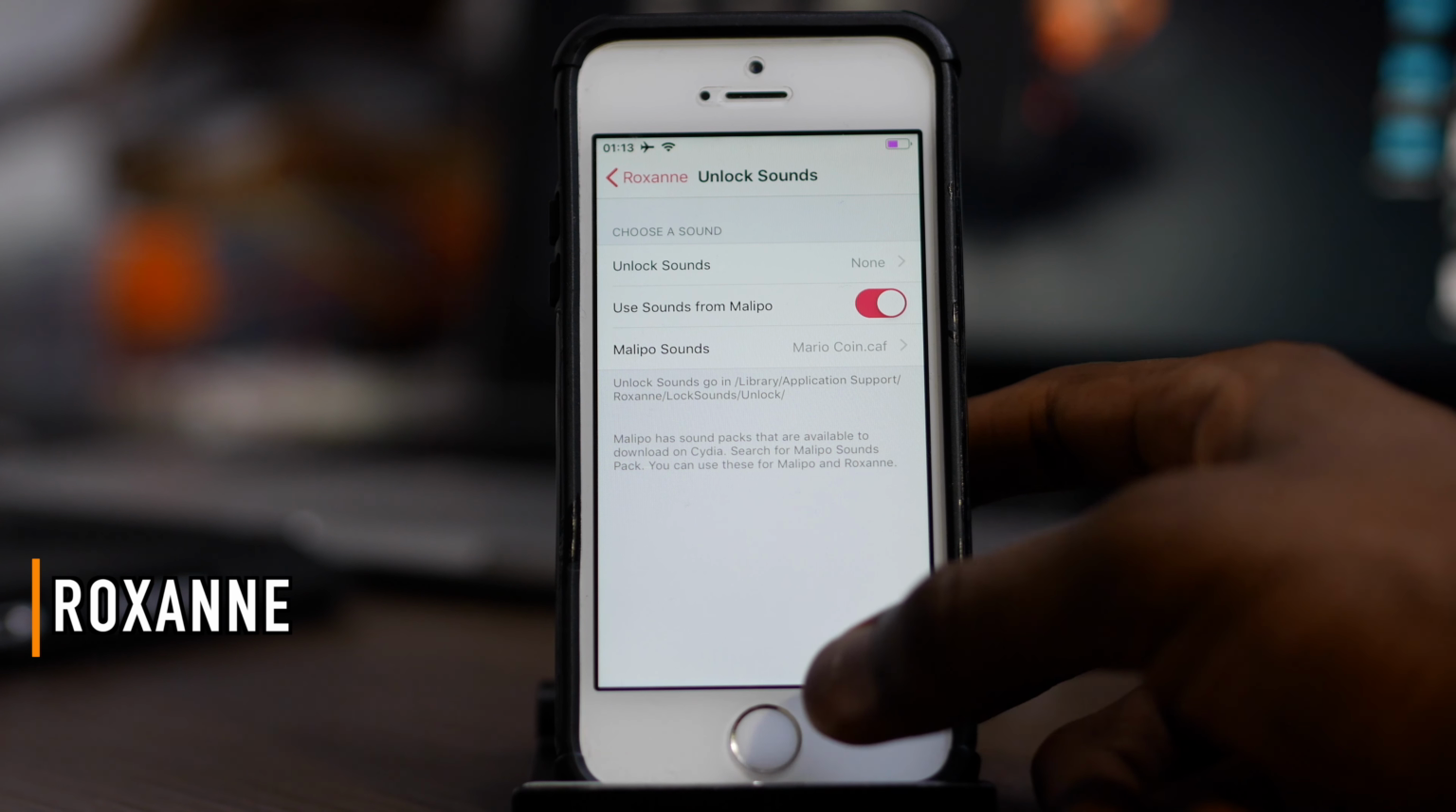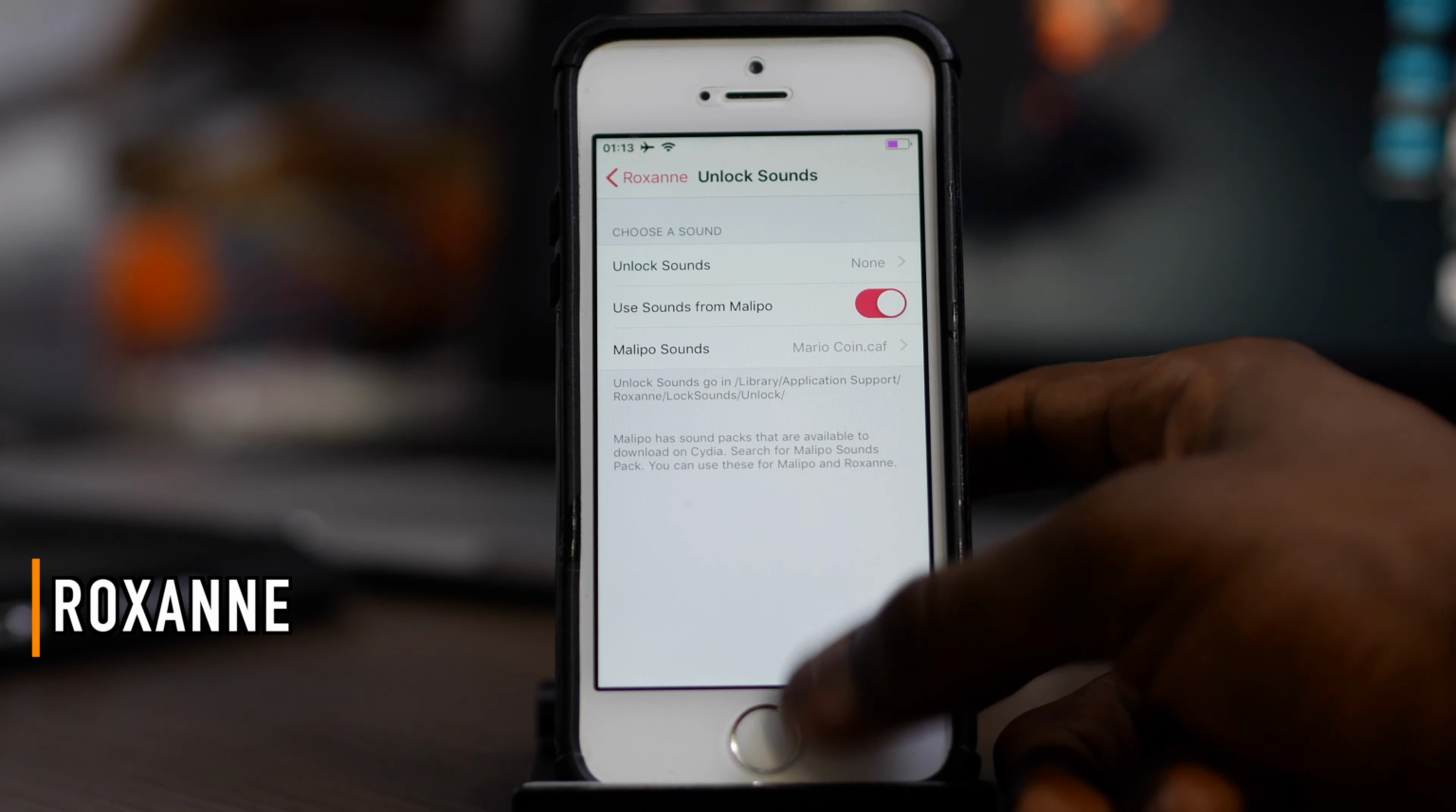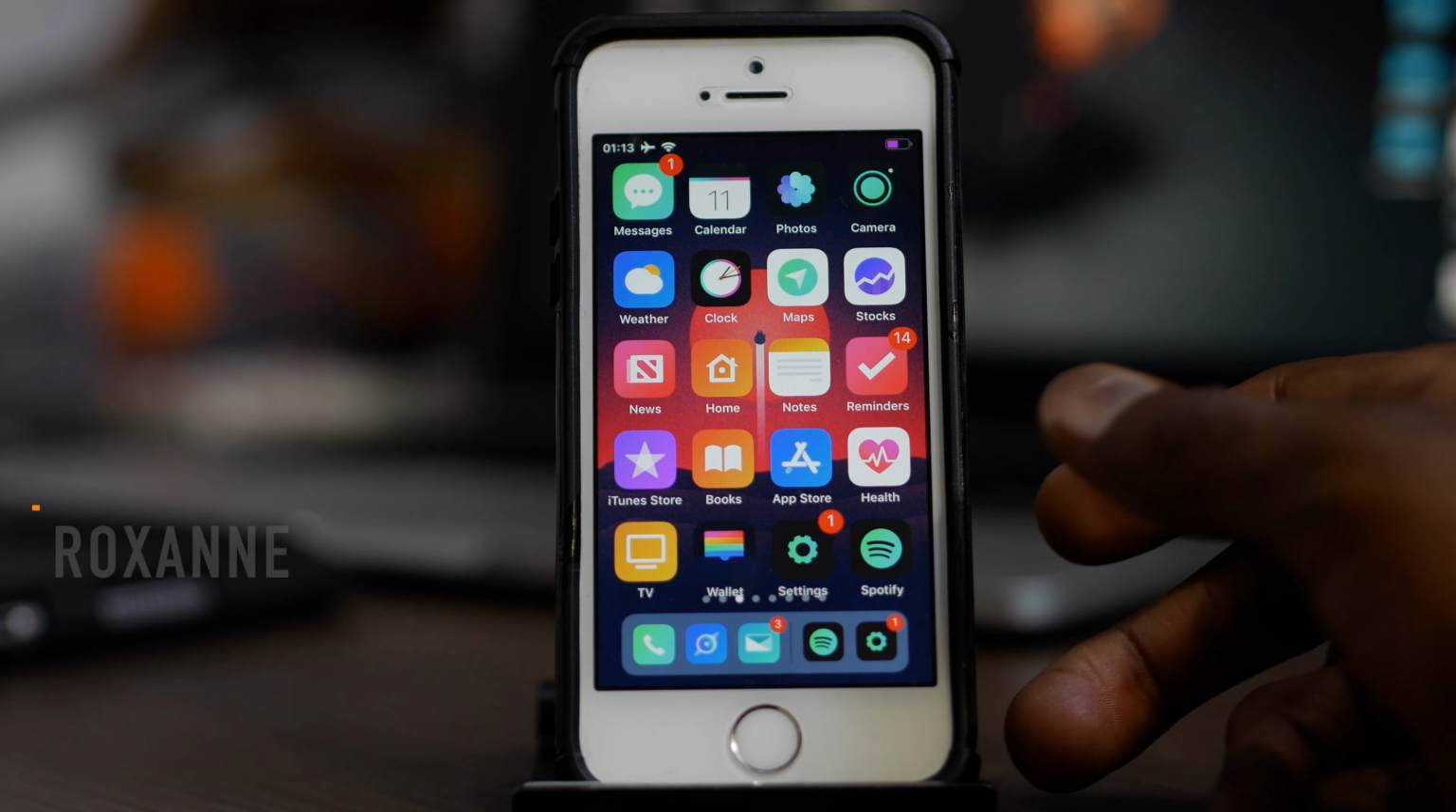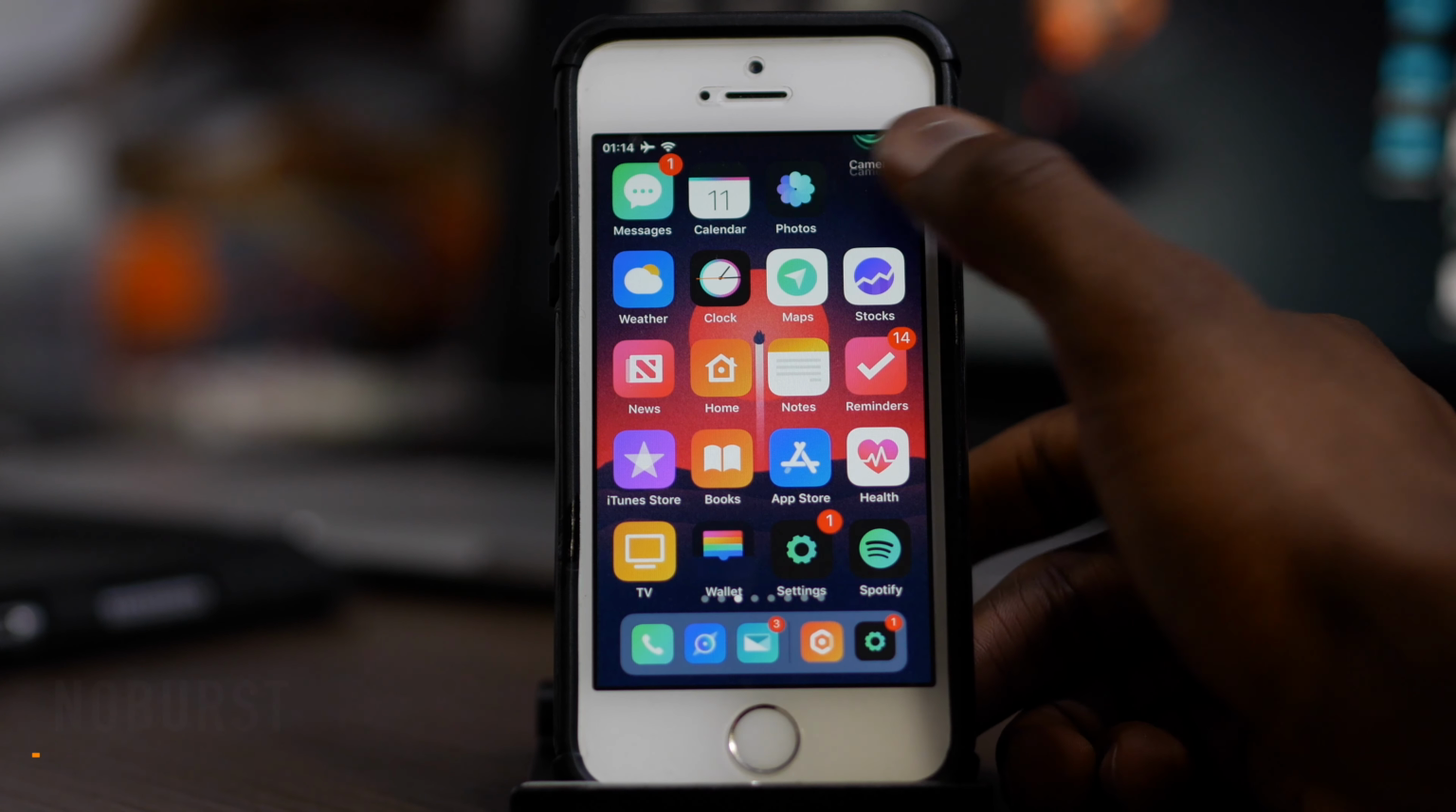So yeah, that was the Mario like getting a coin sound. And yeah, that's my unlock sound, and I think that's pretty cool. The next one is called NOBURST,